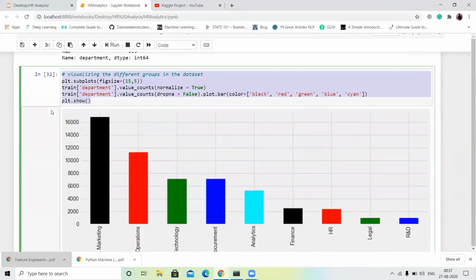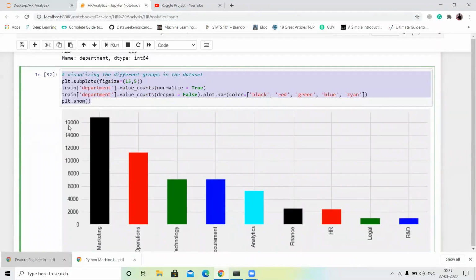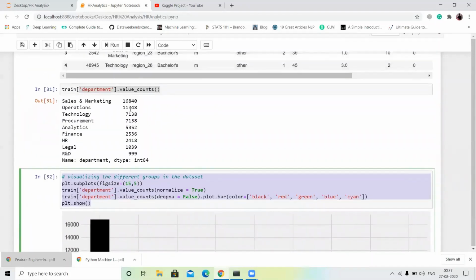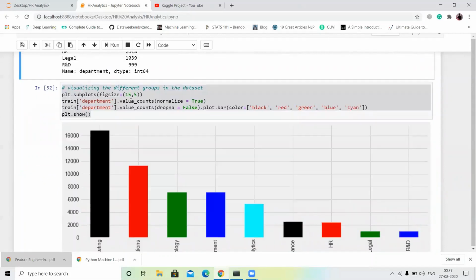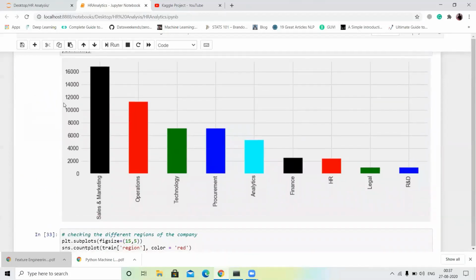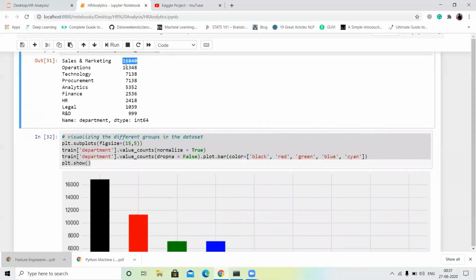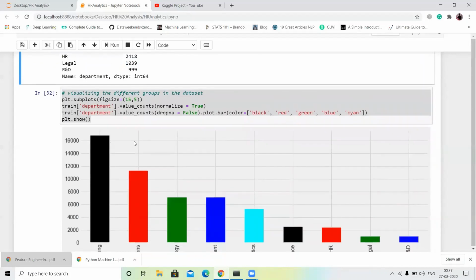You can see sales and marketing is 16,000 plus, exactly 16,840. Second is the operation column, 11,348.